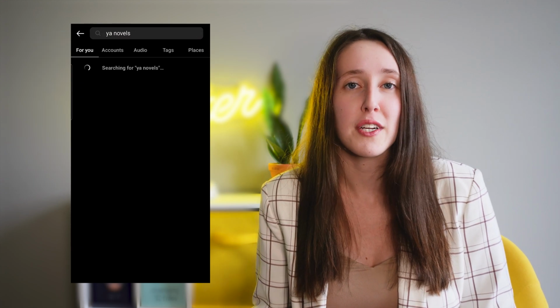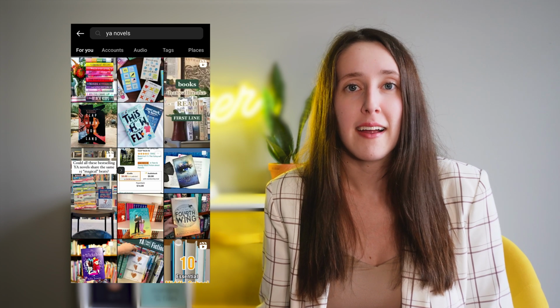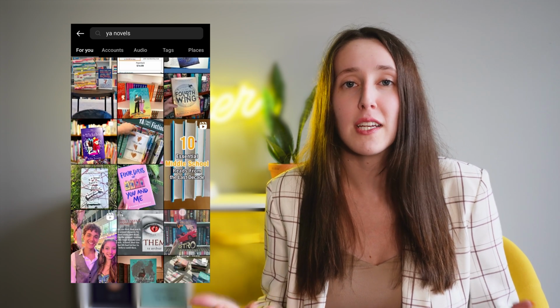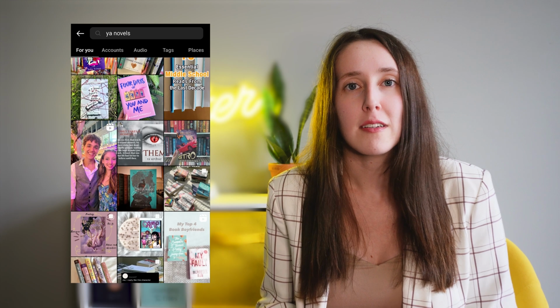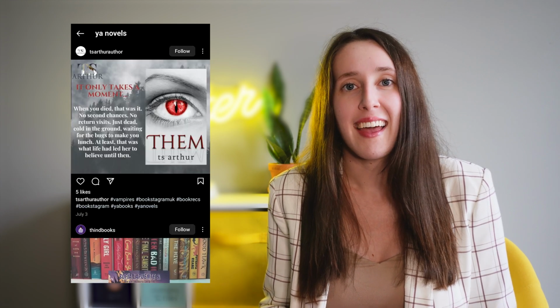You can also search for keywords. So if you're an author, search for your genre in the search bar, depending on what type of creative or niche you're in. Just think about some keywords that would apply to what you do and search for those terms. And you'll come up with a lot of content. You'll find popular content that a lot of people are commenting on and engaging with. You can look for the most followed people in that search term or keyword and see what is drawing people into those pages. Why is this video so popular? Why did it stop me if it did?